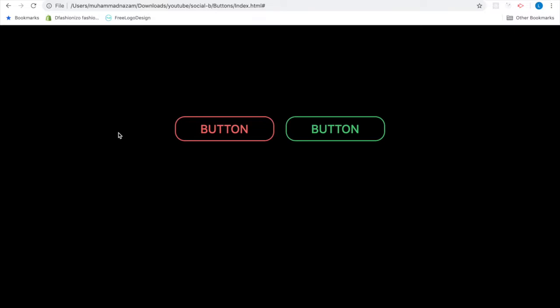Today we are going to discuss CSS: a pure CSS button with an amazing hover effect with text